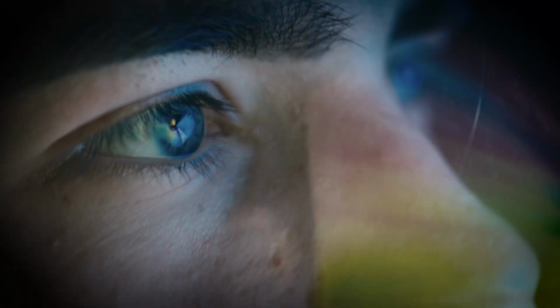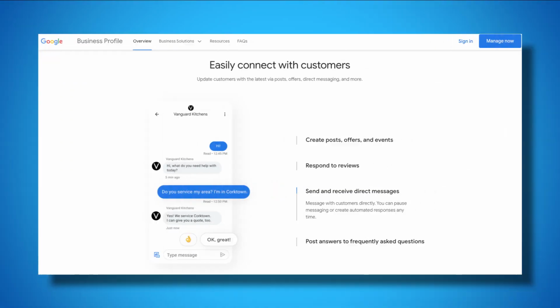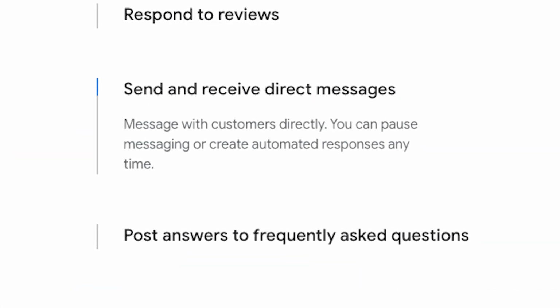In this age of instant communication, customers increasingly want faster and faster response time from business owners, as well as real-time contact with the brands that they choose to work with. Google Business Profile messaging allows you to give your customers that instant communication that they crave. You can do this directly from within your Google Business Profile. And today, I'm going to walk you through and show you exactly how to use the Google Business Profile messaging